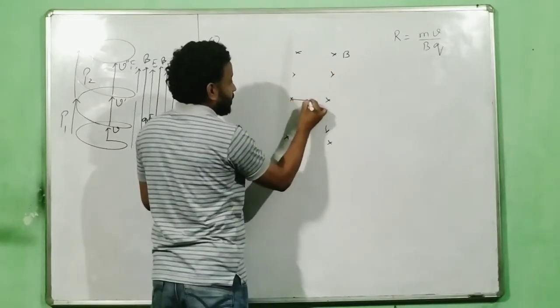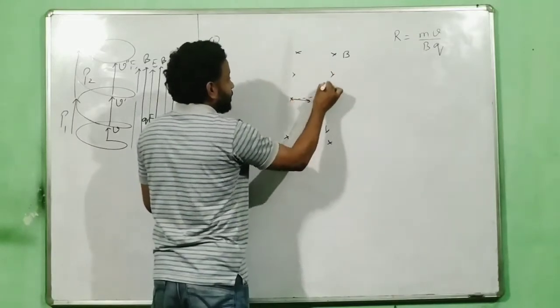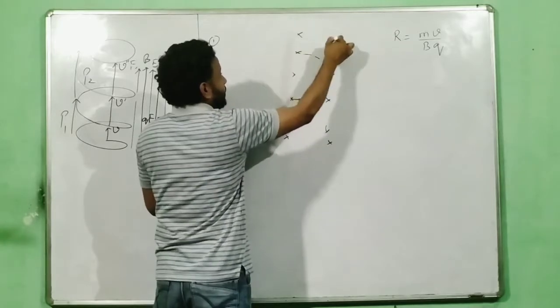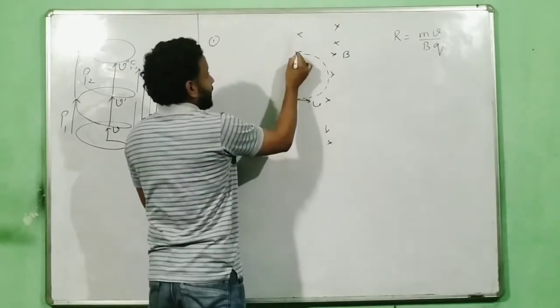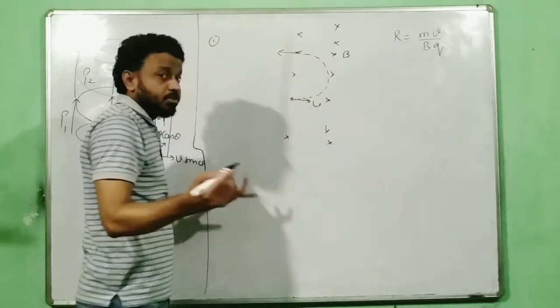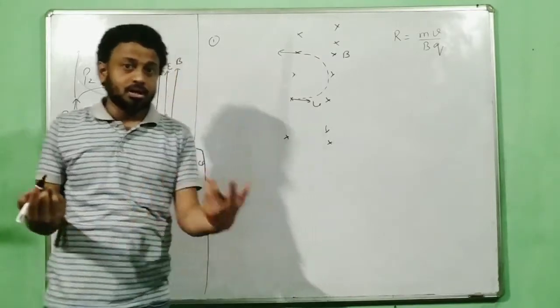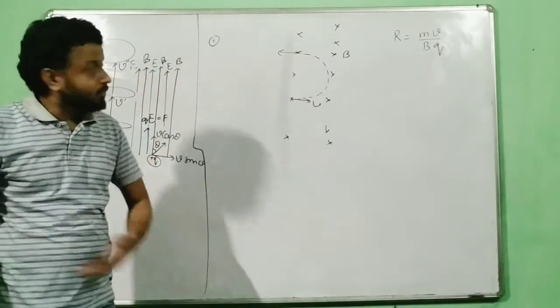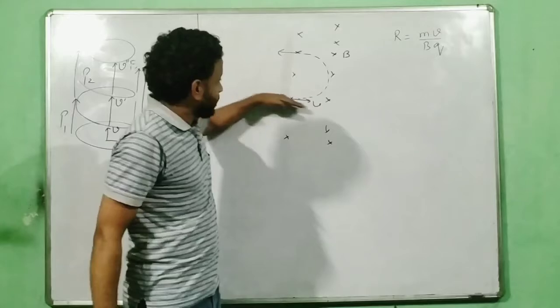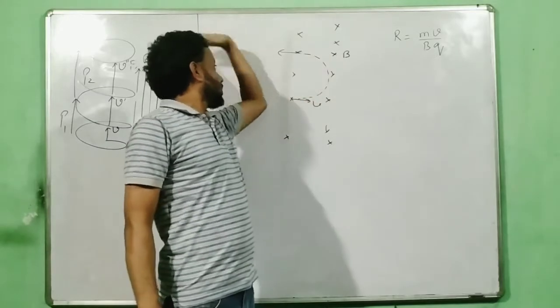So I am providing this velocity v over here. What will happen? It will move in a circular path like this in this magnetic field over here, and then it will come out. As simple as that. If you don't give me magnetic field, I will not rotate. If you give me magnetic field, I will rotate. No magnetic field, no rotation. So what has happened? It was going like this, takes a turn and then goes out.